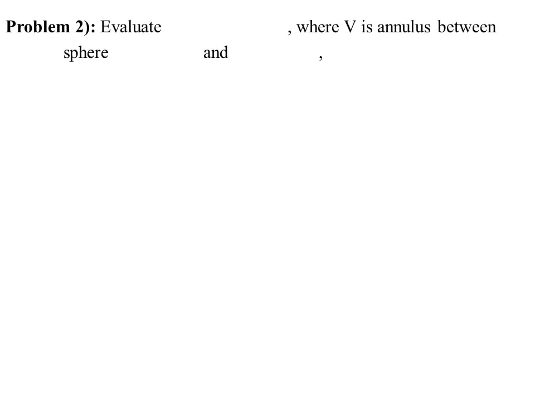Now under this type 2, let us go for the next problem. Problem 2. Evaluate triple integration over volume dx dy dz upon x square plus y square plus z square raised to 3 by 2, where v is the annulus between the spheres x square plus y square plus z square is equal to a square and x square plus y square plus z square is equal to b square, where a is greater than b is greater than 0. So both are positive, a and b, but the relation we have to maintain is b is less than a.